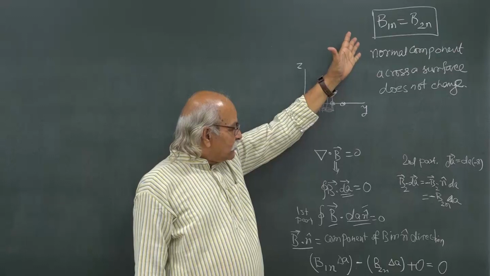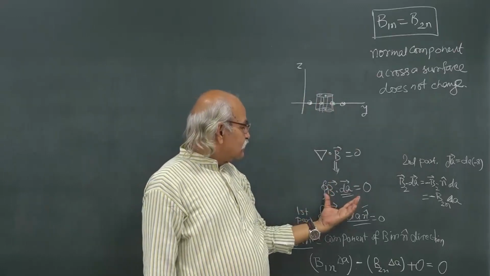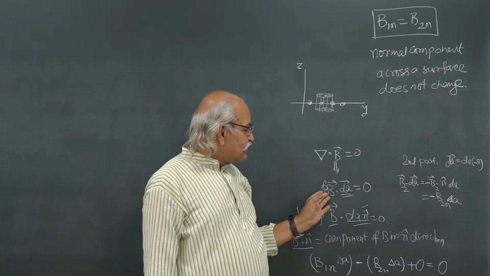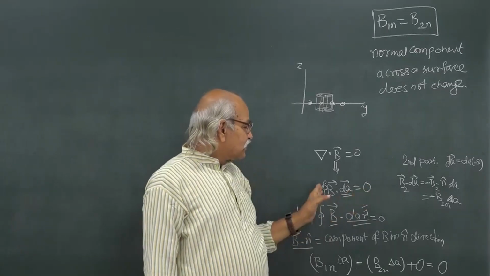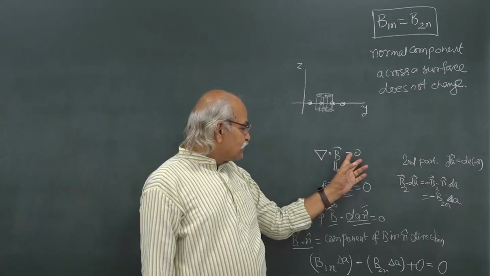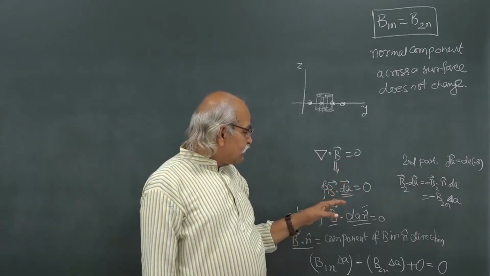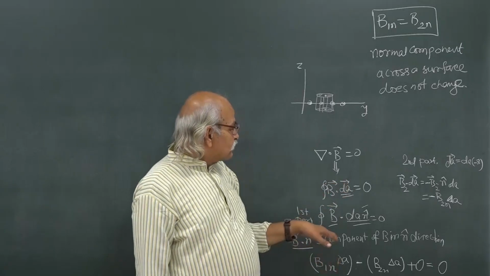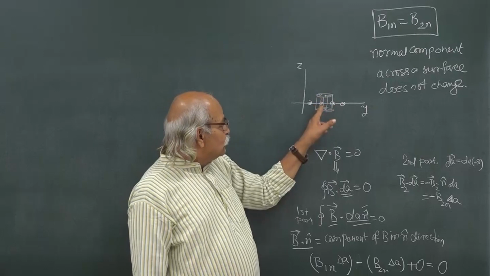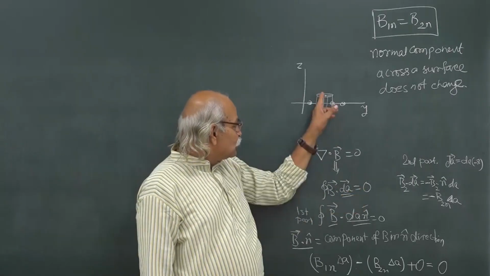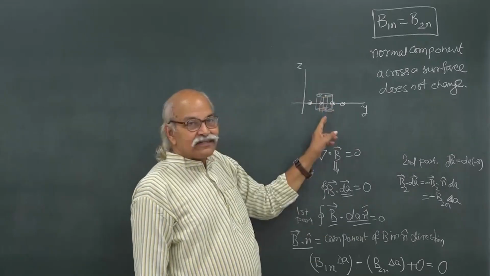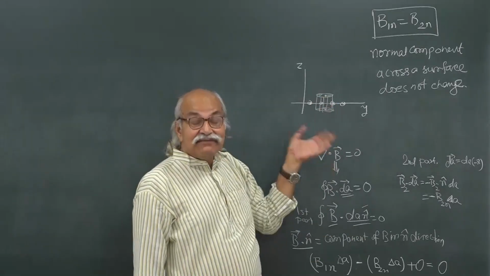For that, our process was this: the magnetic flux through any closed surface is always 0. This was the starting point, and this comes from the divergence of B being equal to 0 always. Then we took a particular closed surface, and using the fact that this has to be 0, we showed that the normal component does not change as you cross the surface, even if there is a